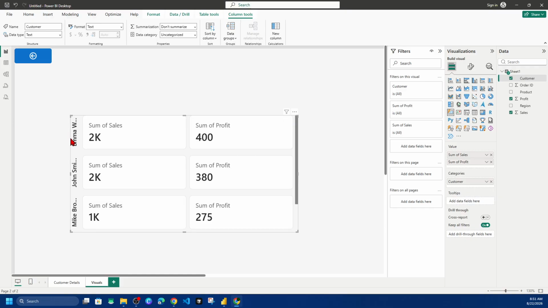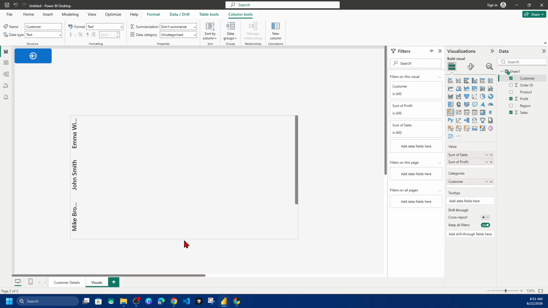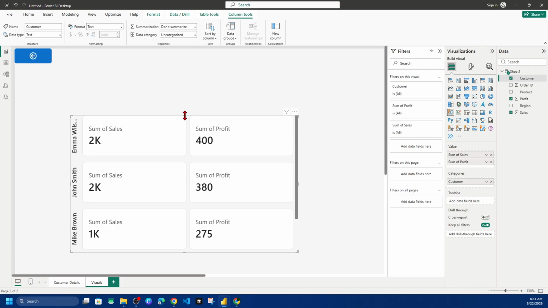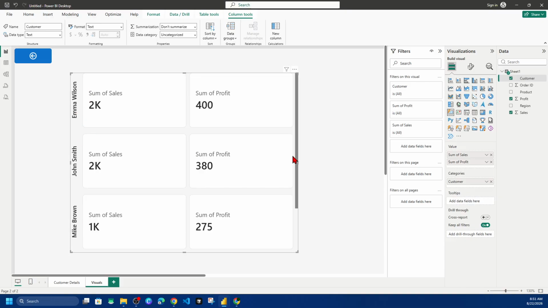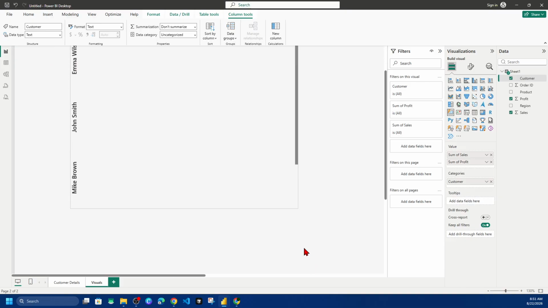Now we can edit this. So see how it's not showing the full name. We can just go ahead and click on the little arrow here and just drag it out. So it's going to show their names correctly. And we can make this smaller or larger depending